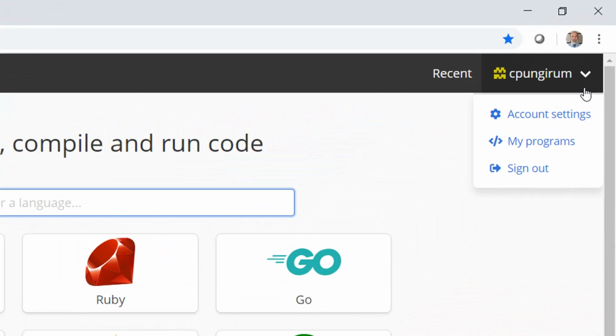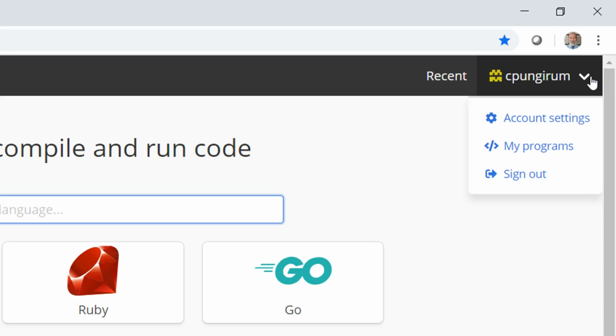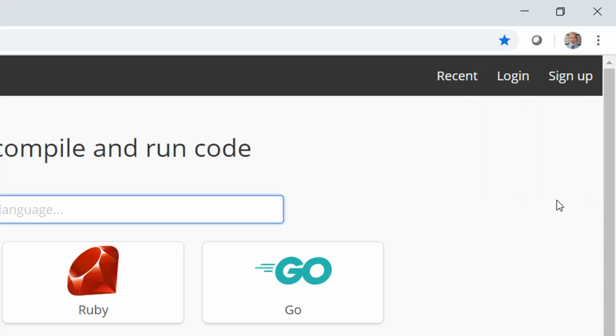As you can see here, I'm already signed up. So let me just get out of this here. I'm going to sign out and show you what it looks like in the beginning. So this is what it looks like when you haven't registered with this website. There's a sign up. That's where you register. All you need is your email address and the password. And then once you register, you can just log in. And the advantage of logging in is that anything you're working on, you can save it and then you can review it later. So I'm going to log in now, and again, so you can see the process,